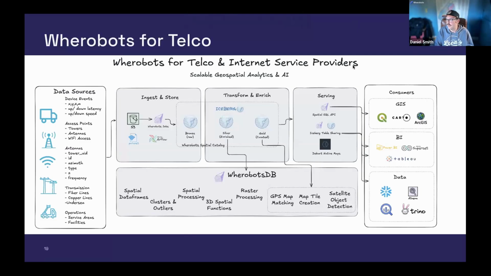Whether this data represents devices and their quality of service metrics, the antennas, the towers, how the antennas and the towers relate to each other, Wi-Fi access points, whatever those are, we're able to either directly ingest those from outputs from databases, consuming CSV files, GeoJSONs, shape files, or lots of other geospatial formats,